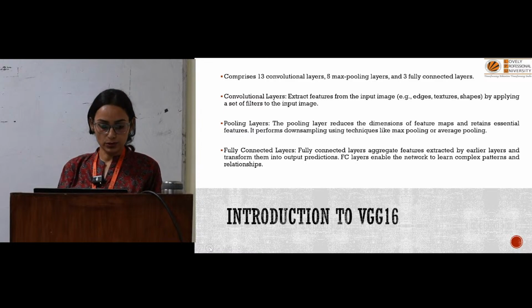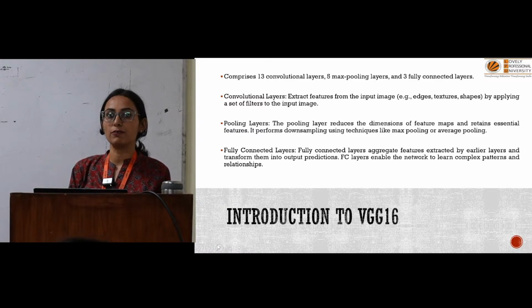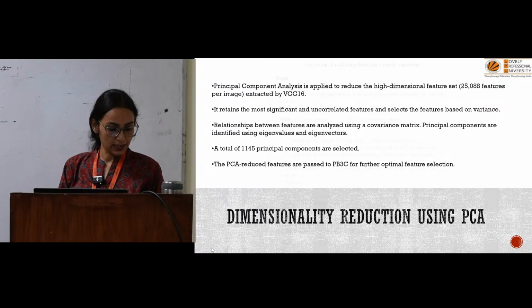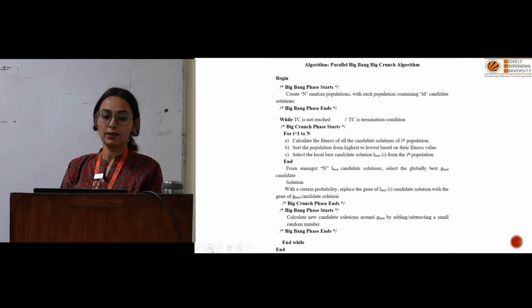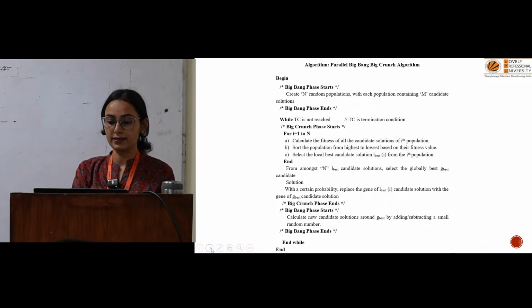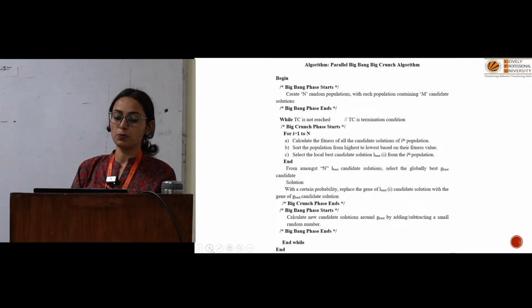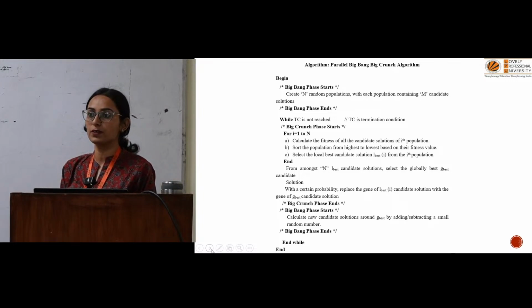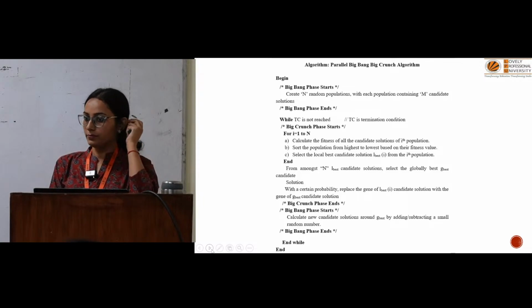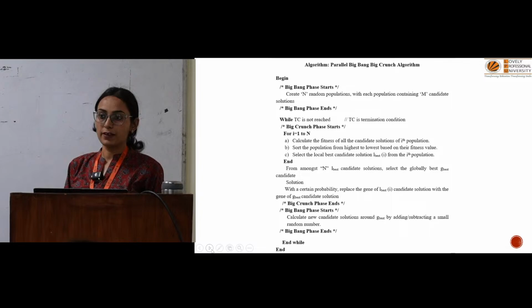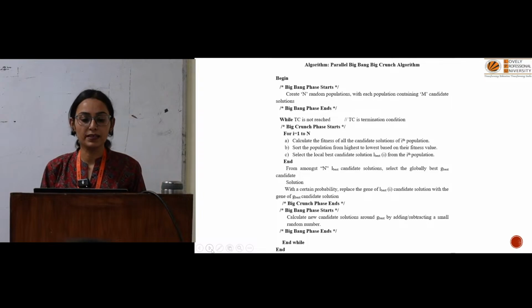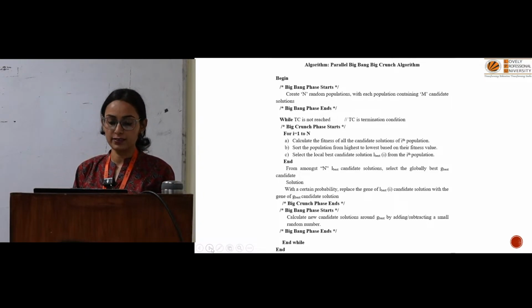So these are the different layers as I told, and then it is already discussed, total 1145 principal components are selected. Now this is the parallel Big Bang Big Crunch algorithm. Initially, firstly the population is generated, population of features is created over here. So we have created 4 populations, n random populations can be created which are having m candidate solutions. Candidate solutions are individuals and they are made up of genes. Now in the Big Bang phase, the population is generally created, and in the Big Crunch phase, what we do is we calculate the fitness of the